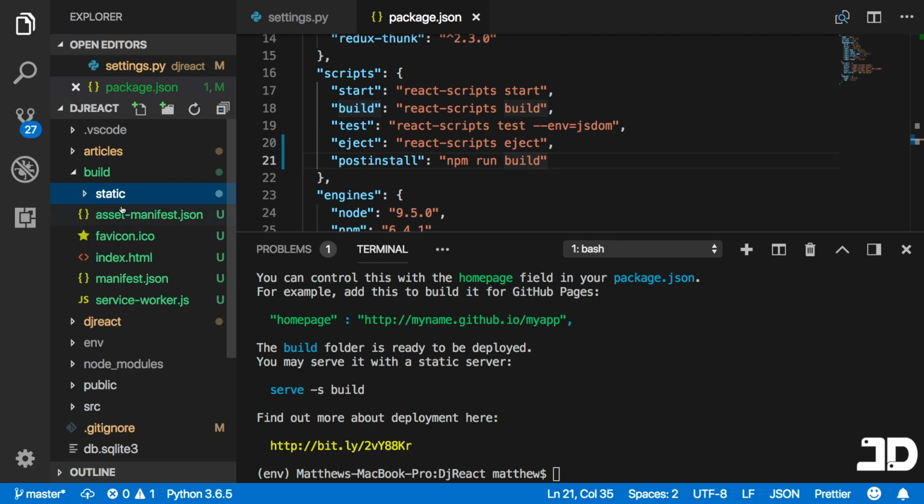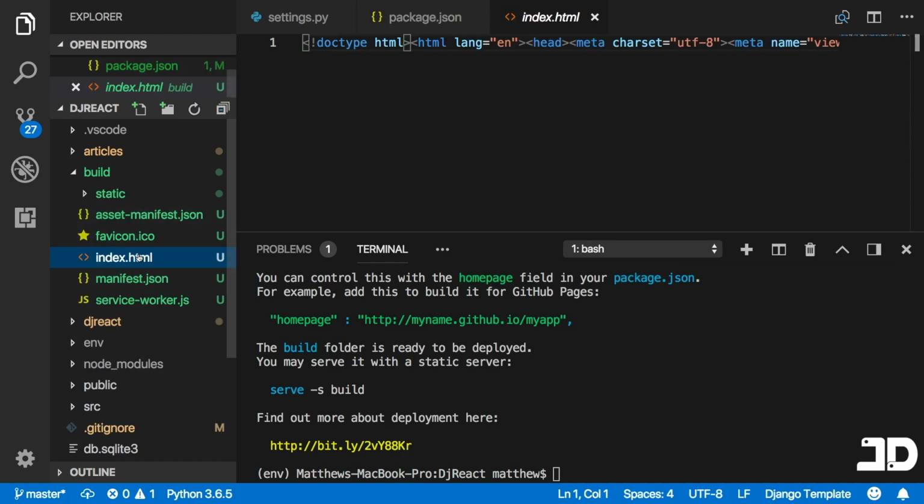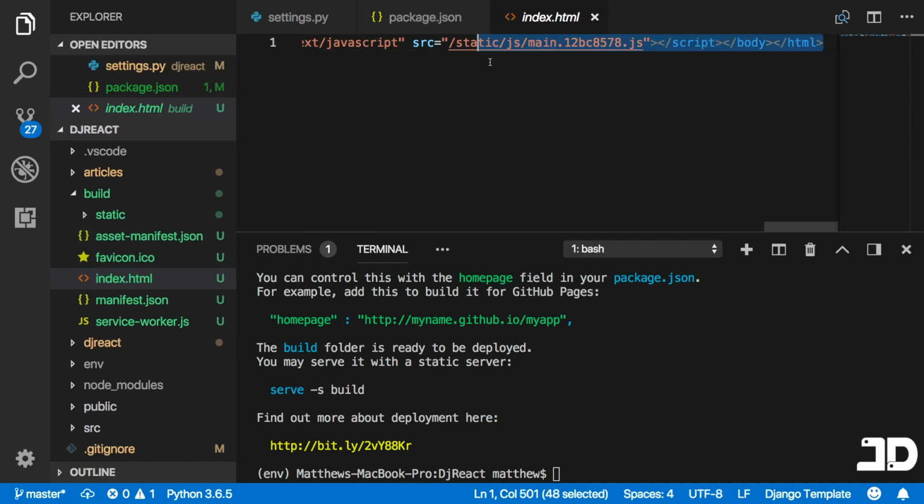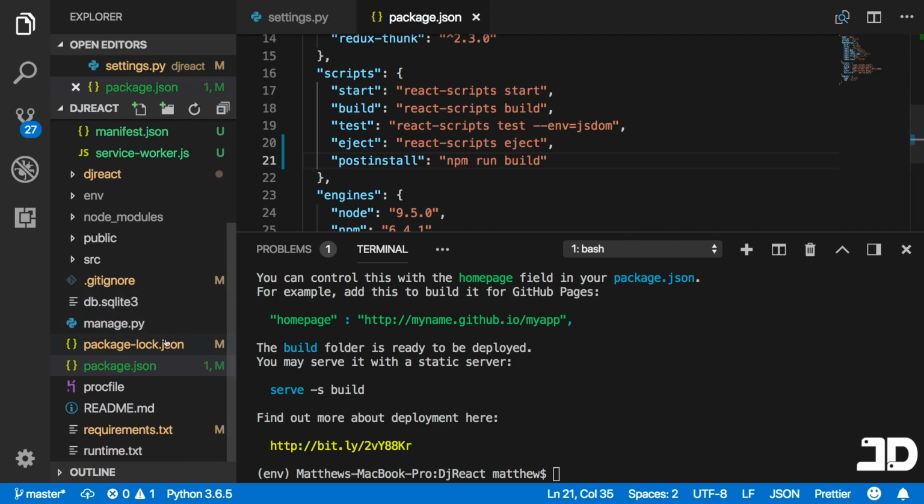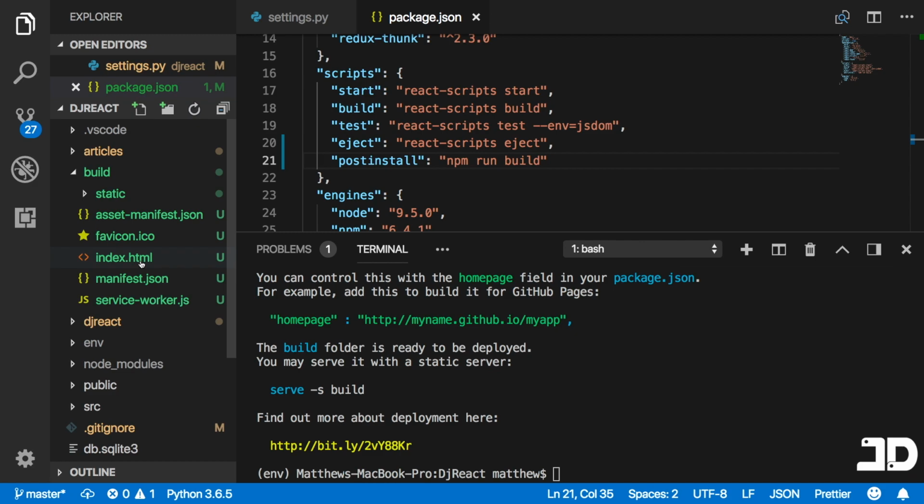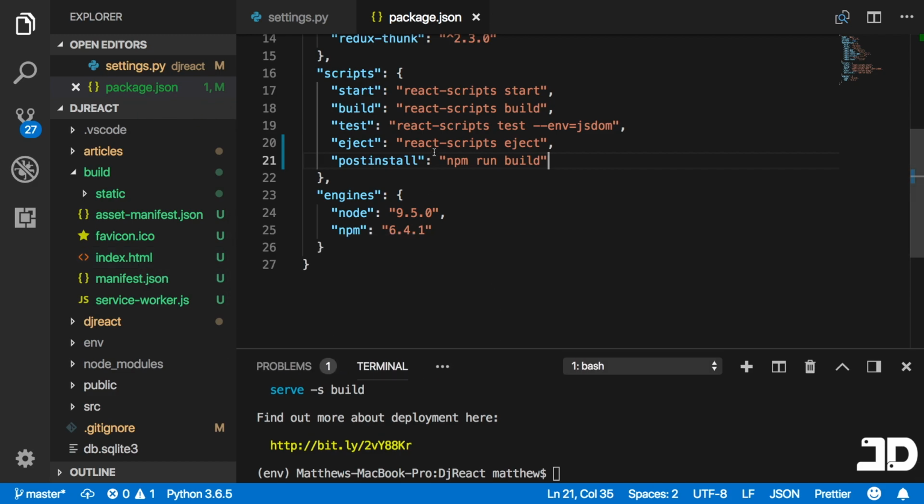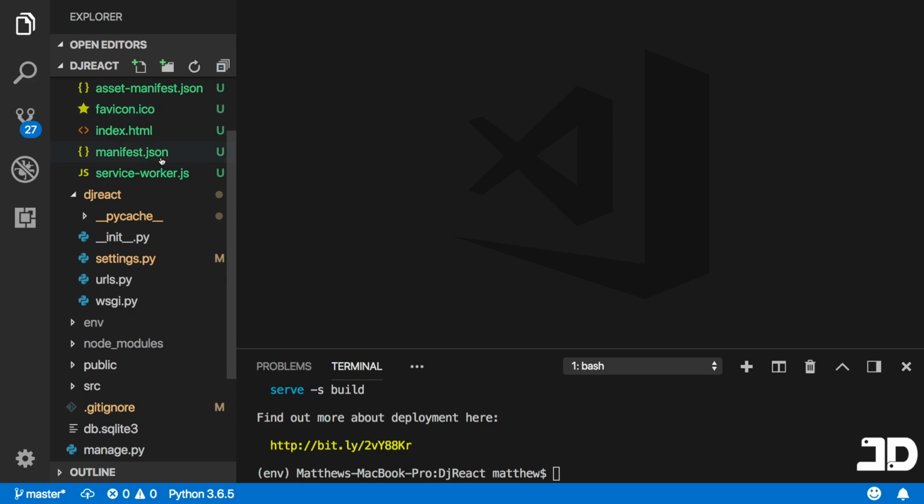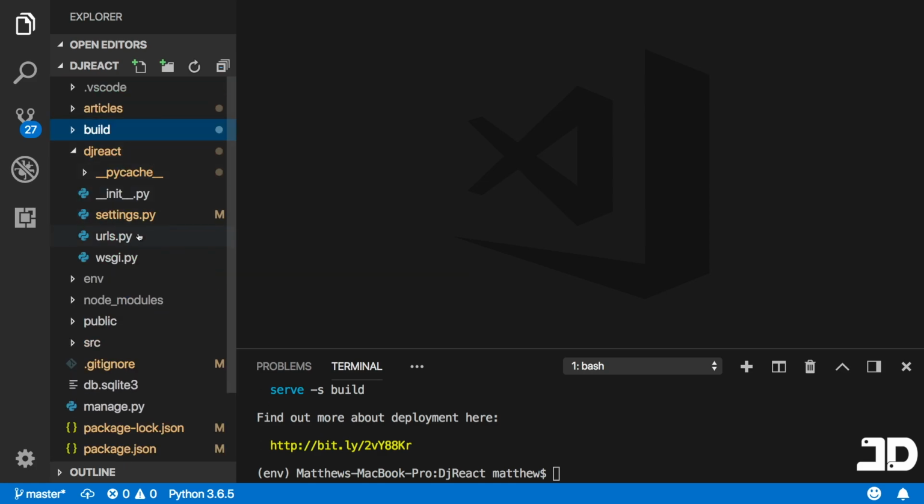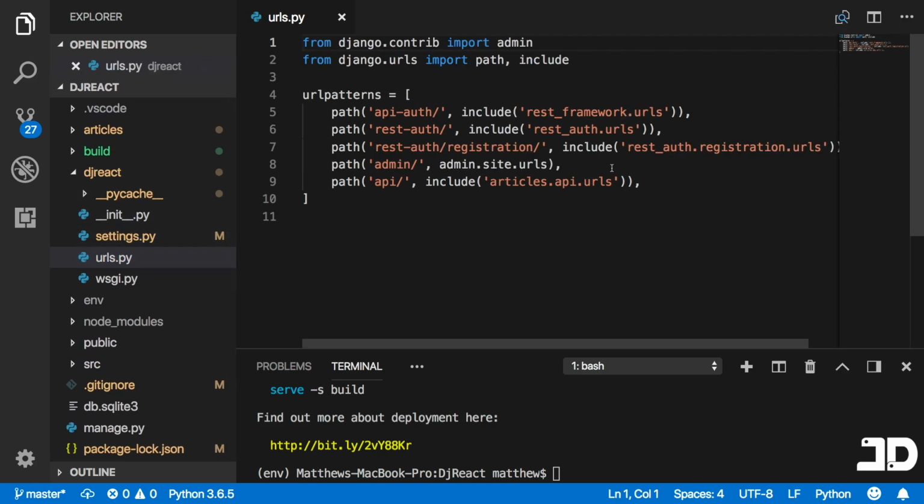Now here you can see the build directory has been created. You've got the static files, and then you've got the index.html, and this is where our application is being run from, well, the front end. So we want that index.html to be the file that is essentially referenced in every single URL path of the Django application. So in our URLs, if we go to here, what we want to do is specify another path,